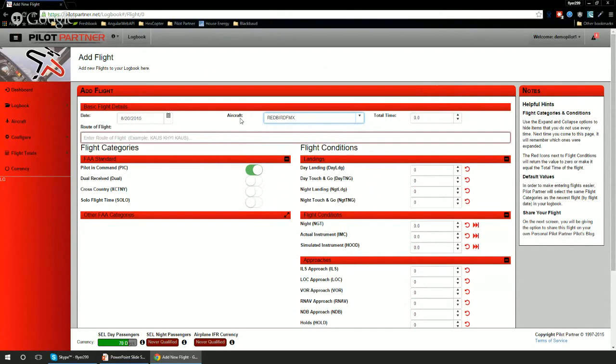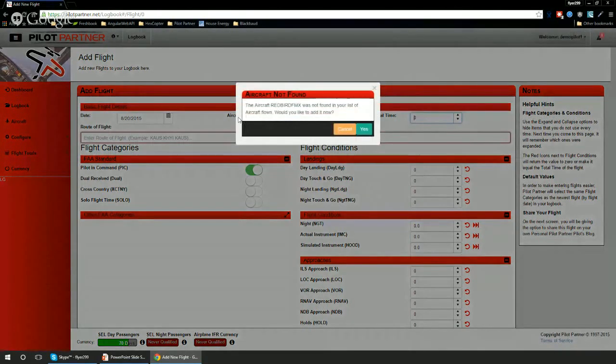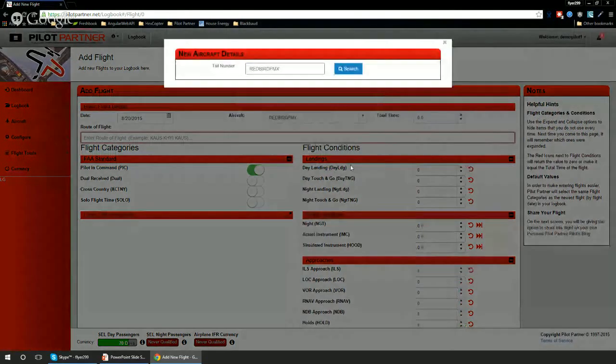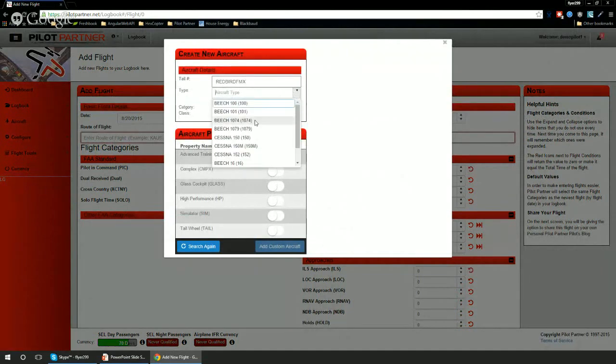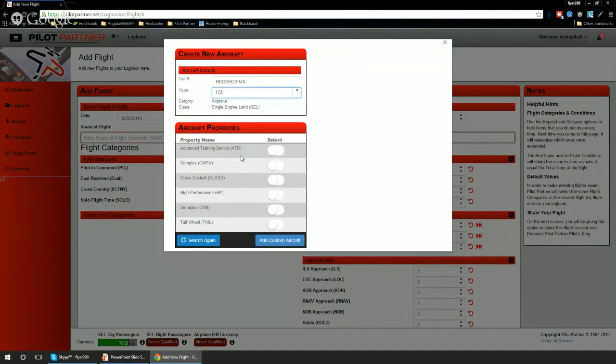And I just type in a tail number like that, and it says I want to add this aircraft. Yes, I do. And it's going to come through here and say, you know what? I can't find that anywhere in the FAA database. Yeah, I understand. So let's go ahead and attach this to a 172, which is usually what my Redbird simulators